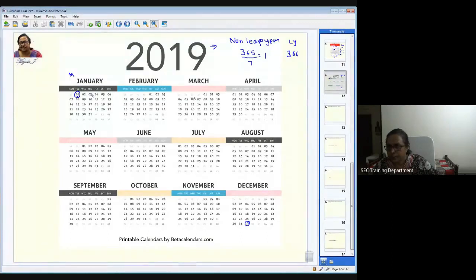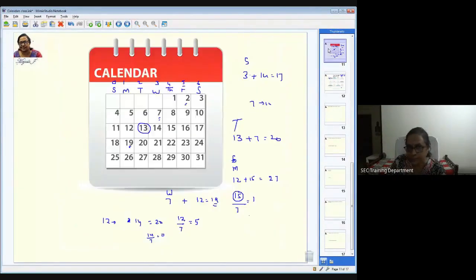This is the same calculation which I did in the previous calendar, where it was given per month, and within a month, when you say the number of days extended, this is what I did. Whatever the day, like the 12th is given, when it is extended by another 12 days, we see how many weeks go off and what is the balance left. 1 week goes off, when you take out the 7, the balance will be 5. So it is extended by 5 days. Here I had taken the 7th, then 5 days extended means 1, 2, 3, 4, 5.